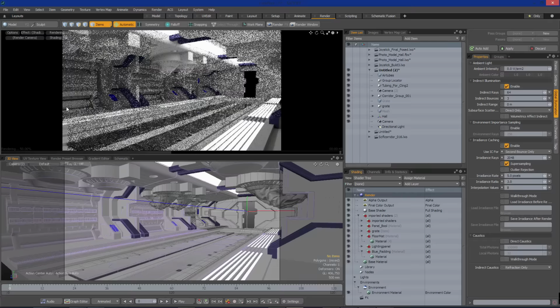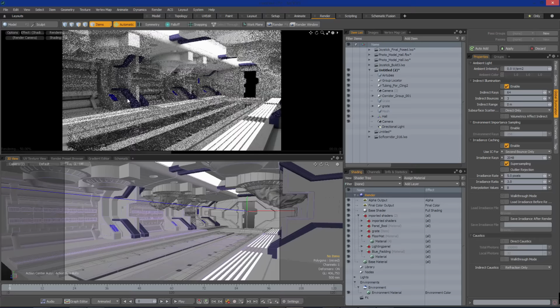And I'm not going to take the time to let this whole thing resolve here because you can kind of get the point at this point. But this is going to be your most accurate, longest rendering, but it definitely will look really good in the end. If I were to sit and let this cook here for half an hour or something, it's going